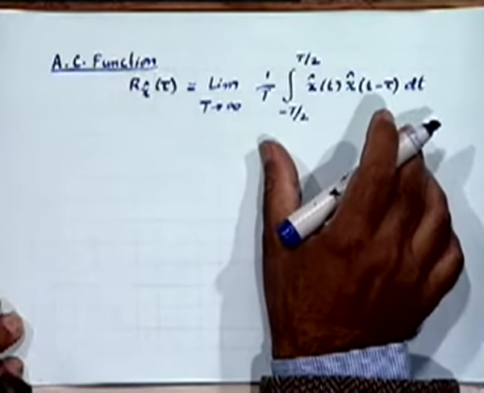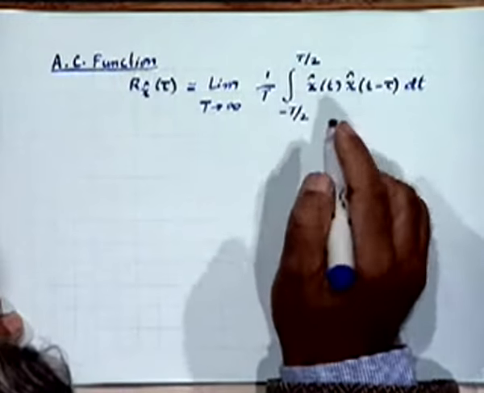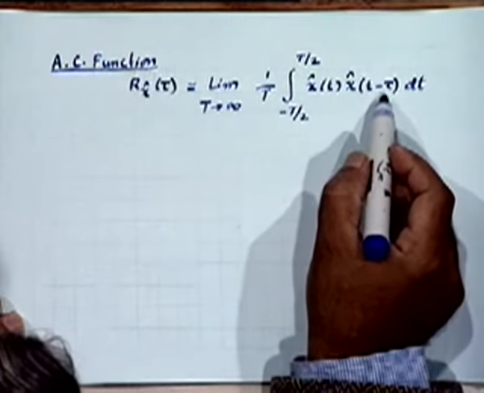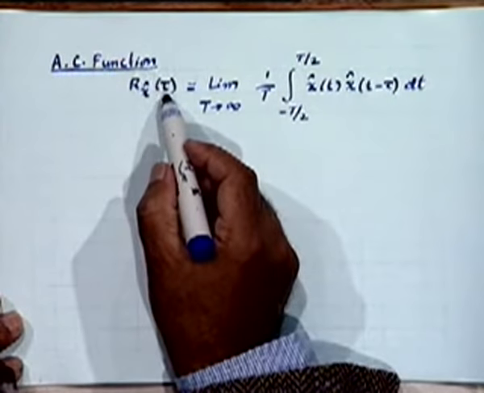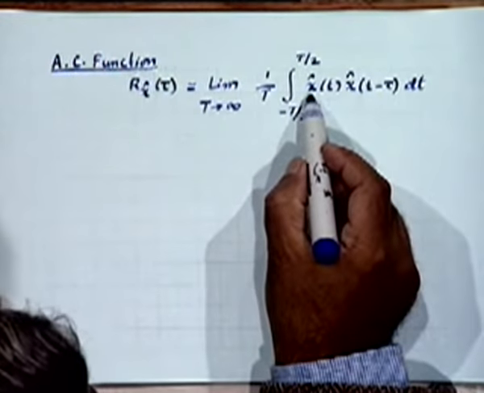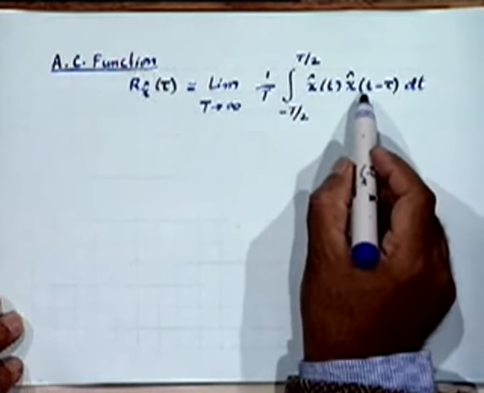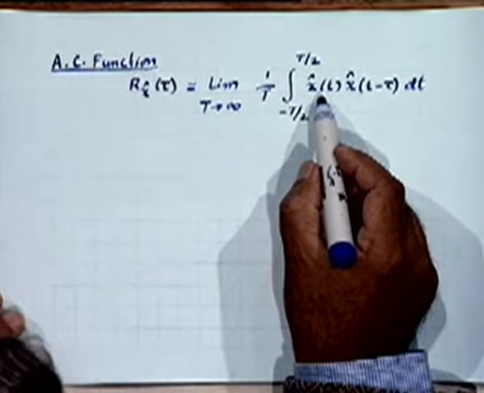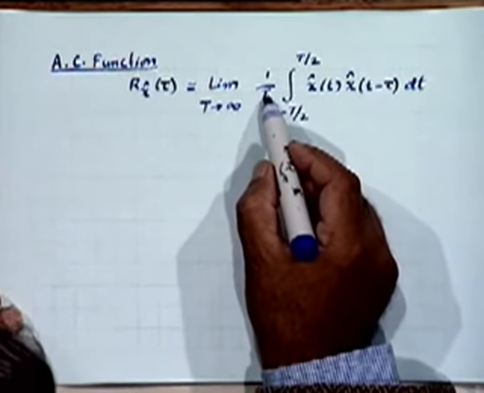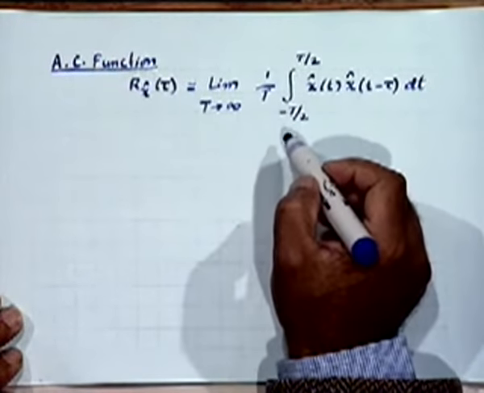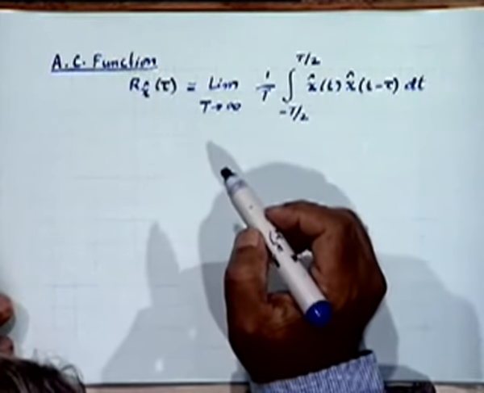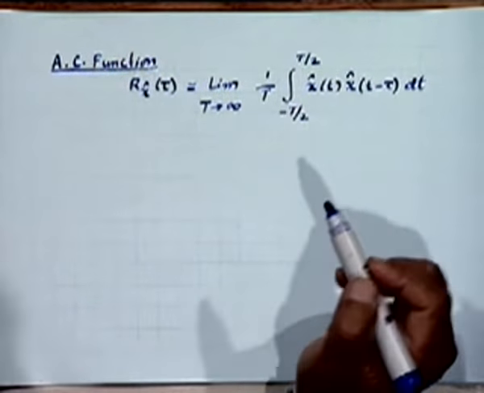You basically take an observation interval which is sufficiently large, take the original waveform x hat t, and take its shifted version with a delay of tau, corresponding to which you want to obtain the correlation between the two waveforms. You are basically obtaining the correlation, with lag tau, of the waveform with itself. You take an observation interval of length T, compute this integral over these limits, and then take the limit as T tends to infinity. That is the definition of the time autocorrelation function.